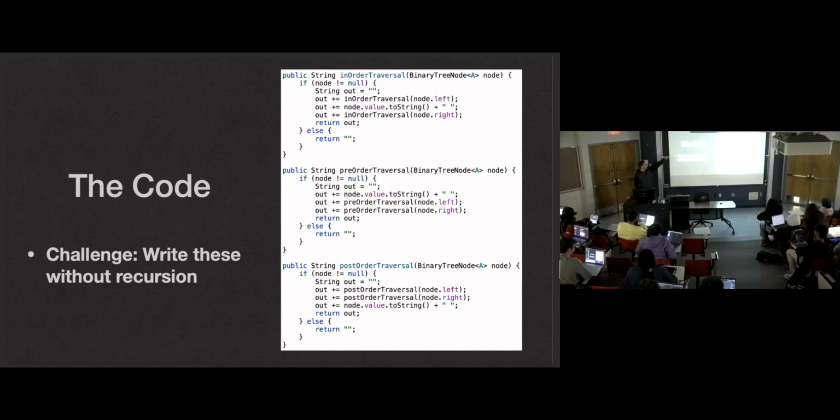Try to do any one of these traversals. You can rewrite these like we're going to do for the memory diagram and just have them print each value to the screen. You don't have to have it maintain the strings if you don't want to. But just have them print every value to the screen exactly one time without using recursion. It is difficult. If you are going to take me up on this challenge, let me explain a little bit of what recursion is doing for you.